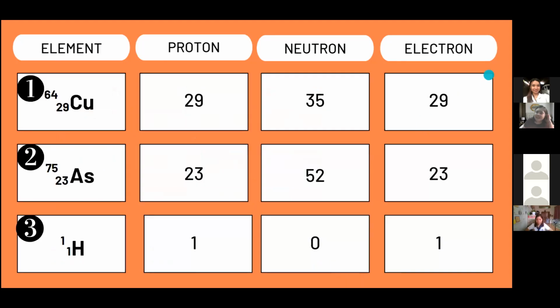Ayan, thank you. So again, let's have a little review, though they have already reported this one, para lang dili malimtan, class. To make it easier for us to remember how to predict the numbers of the subatomic particles, let us all remember that when you say number of protons, we should look at the atomic number. Again, always remember the atomic number represents the number of protons.